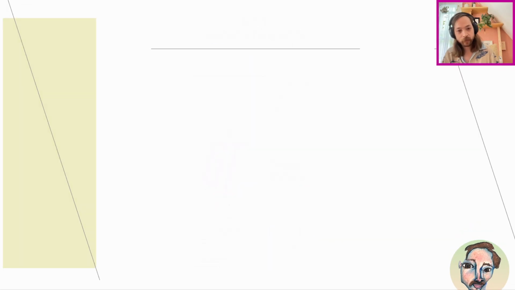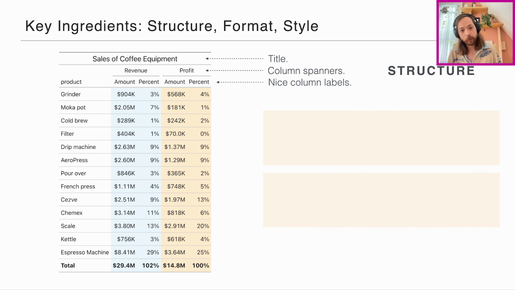Oh, yeah. Nice. Thanks. So I'm going to walk through how to go from a sort of plain data frame to a beautiful display table. And the 3 key ingredients I'll talk about are structure, format, and style. So basically, structure is adding parts to the table that are sort of outside the data itself. So notice that here we've added a title, and we have some column spanners, which actually go over the column labels and give us some good grouping information around columns. And then we formatted the column labels themselves so that they're a little bit cleaner. There are no underscores. Things are in title case and a little bit easier to read.